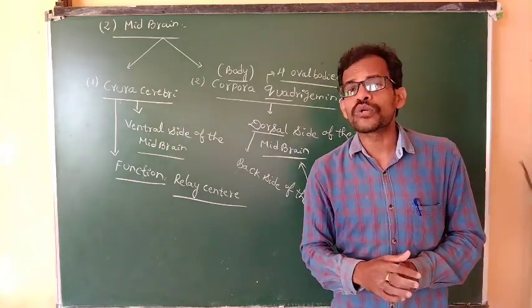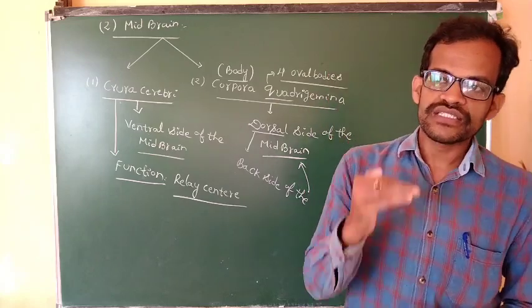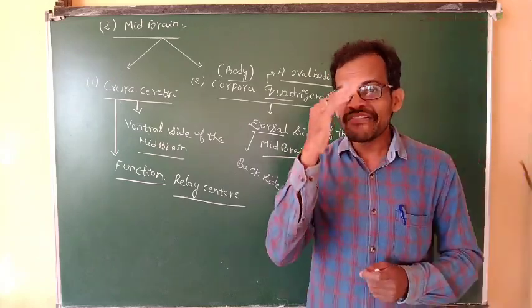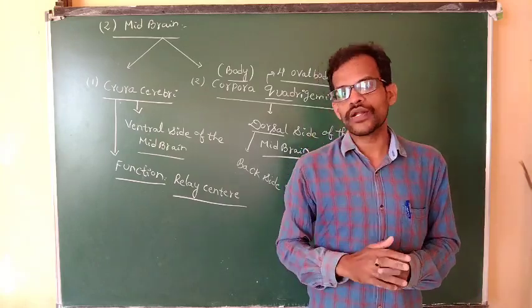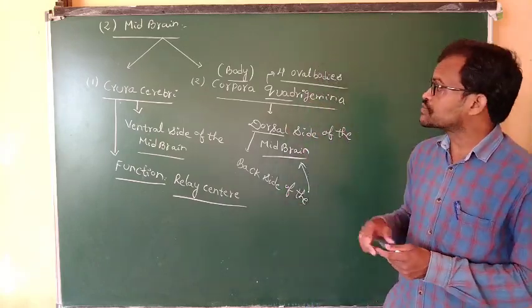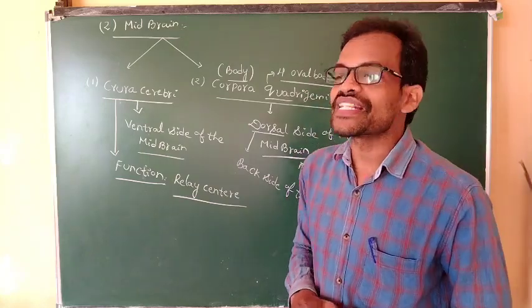Two bodies are located on the superior side and two bodies are located on the inferior side. If you observe the corpora quadrigemina,